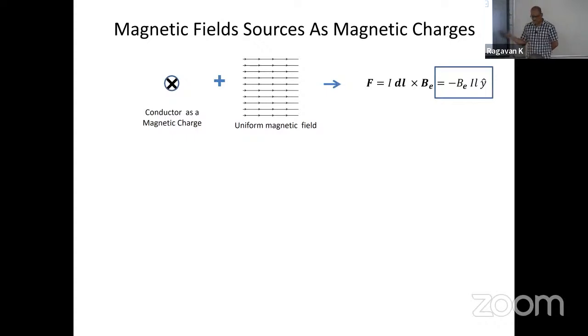Okay. In the second method, that is, the first method, we will look into its math a little bit later. So let me take you through method 2, where we treat one field source as a magnetic charge. We are not interested in what the magnetic field distribution of that source is. Like you have two sources, like in the earlier case: I have a uniform field and I have a conductor. If I say the conductor is not a field source and I want to treat it as some magnetic charge, like an electric charge, then in that method of estimating force,